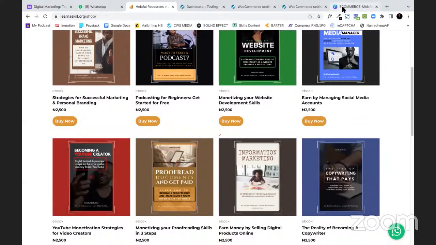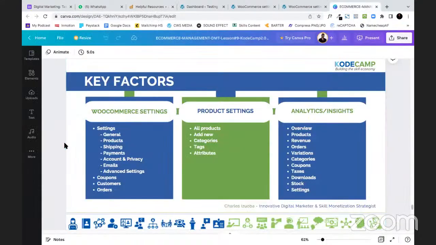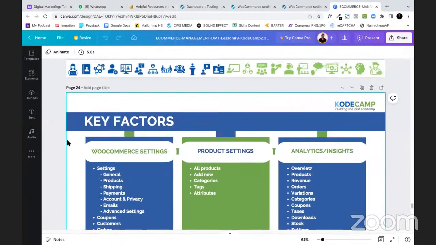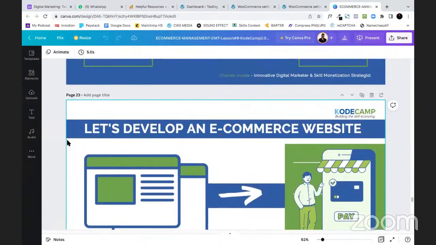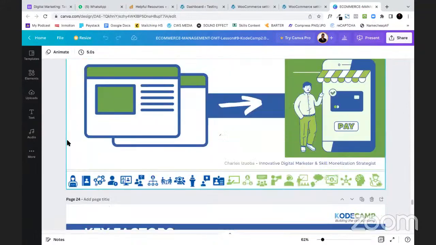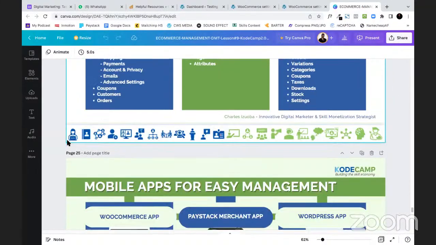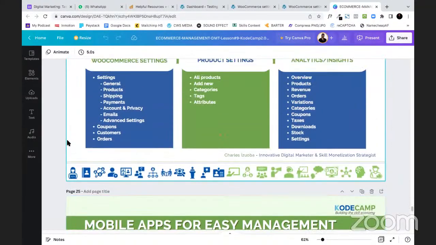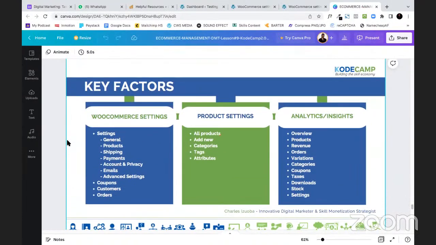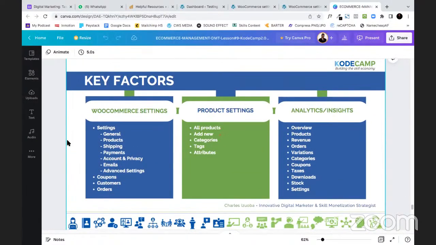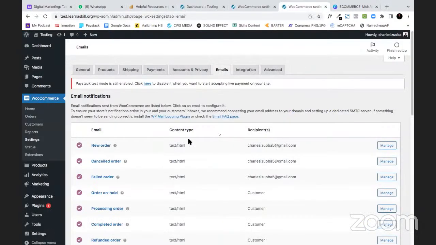As you can also see now, I'm teaching you directly from Canva. This is how I prepare all the slides I've been sharing with you guys here from Canva. And I'm using the Canva free account to teach you here. That is to show you that you can achieve a lot with these things. Like your marketing journey is just going to be sweet if you know how to do things the right way. Okay, so let's come back here. This is the whole